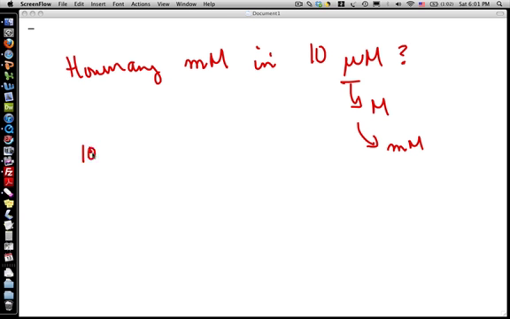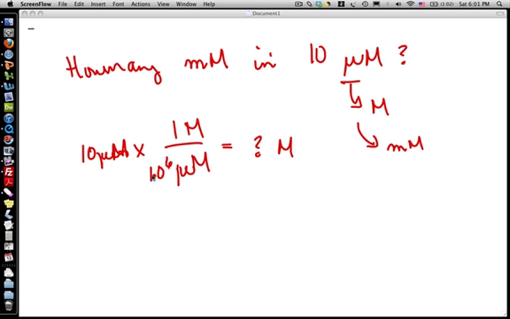And so we can write this out. We got 10 micromolar, and we don't need to understand what molar is. We're just using it as a unit. So 10 micromolar on the bottom there, and we're going to convert to molar on the top, and we're going to get to how many molar this is. And so 10 micromolar, and we've got 1 big unit and a million micro small units, and when we multiply that through, we get that how many molar in 10 micromolar is there are 10 to the minus 5th molar,